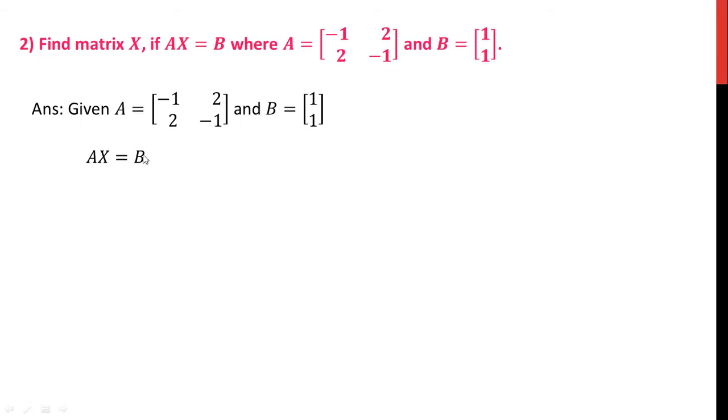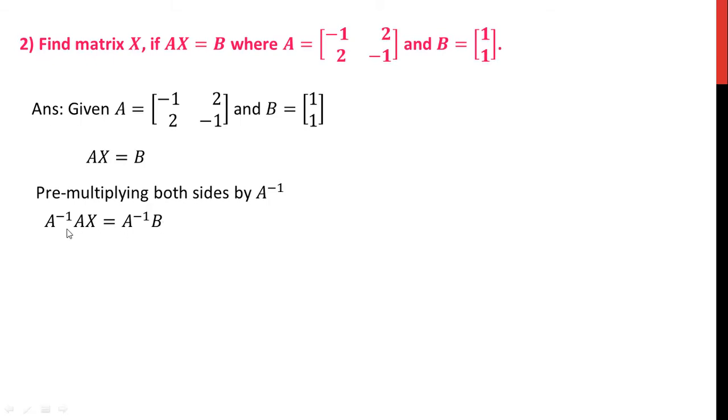Now one equation is given to you, AX is equal to B. Now to get the value of X, where X is another matrix, first of all we will simplify this equation, or change this equation as per our requirement. So for that, pre-multiplying both sides by A inverse. If you pre-multiply both sides by A inverse, what will you get? See here, A inverse into A into X is equal to A inverse into B.